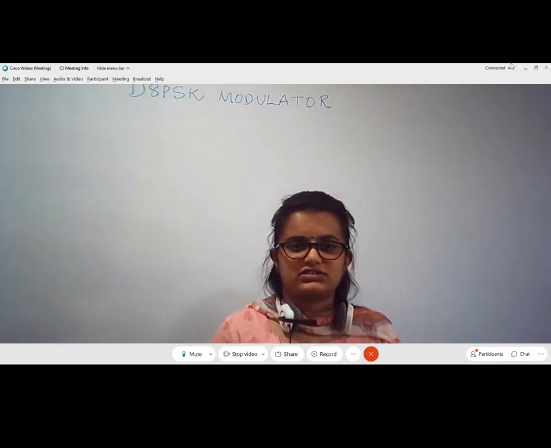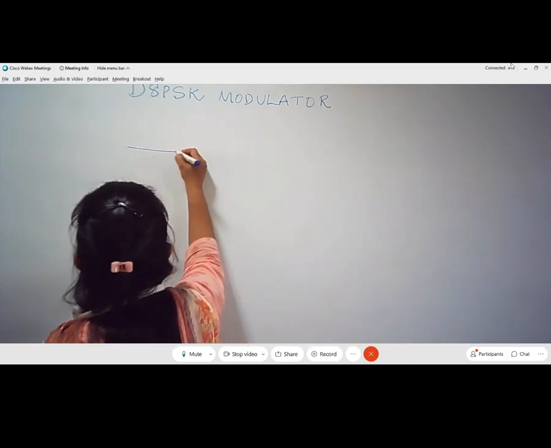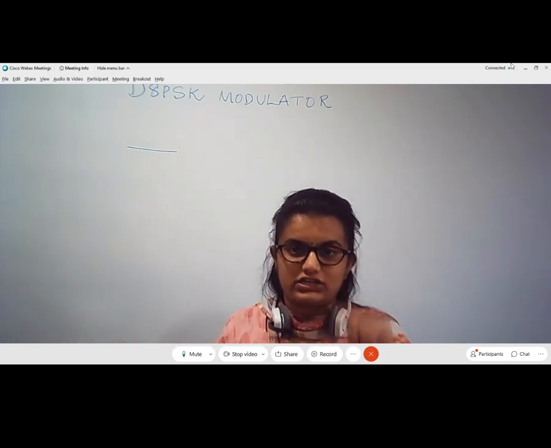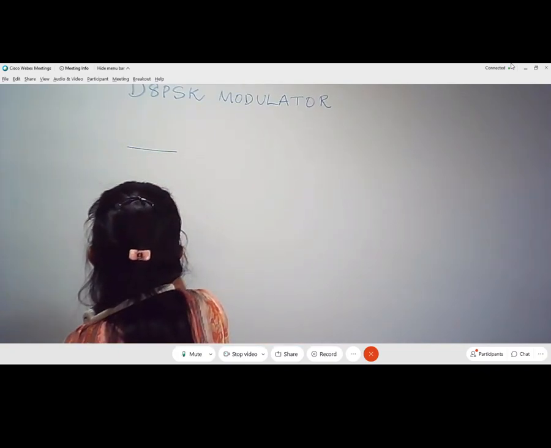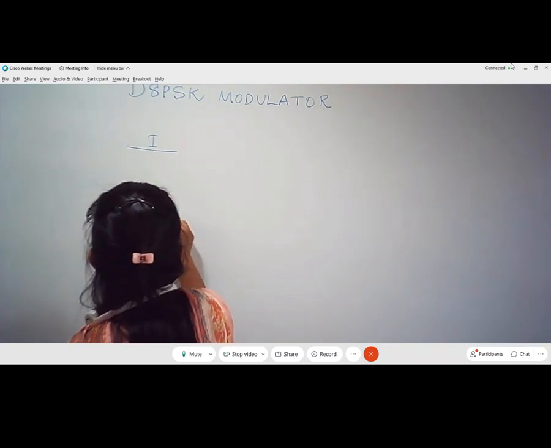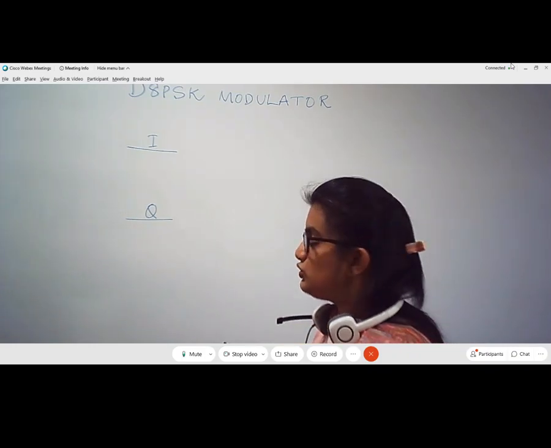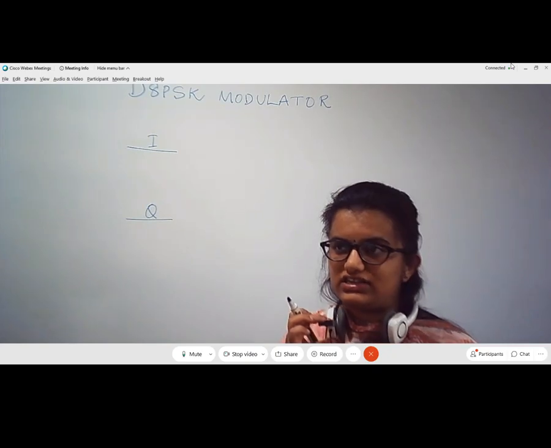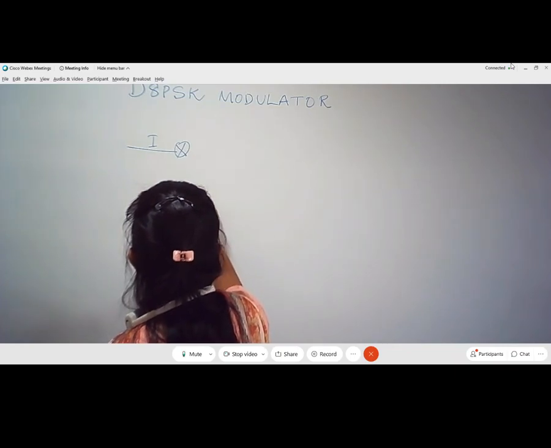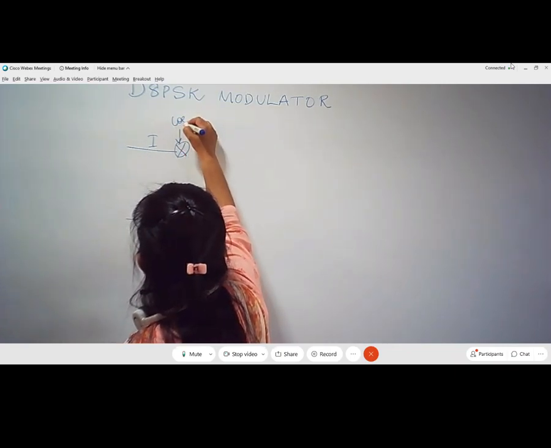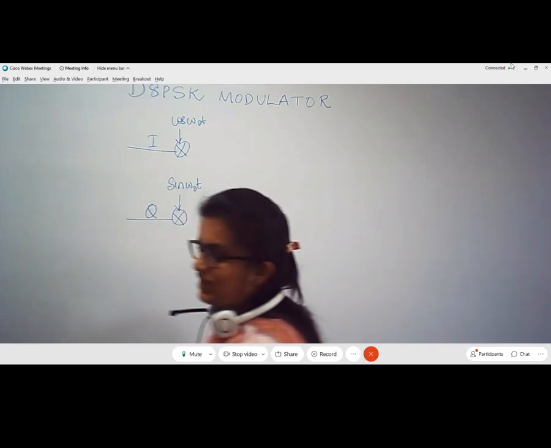So in the last class we were discussing the quadrature implementation of a modulator, where instead of creating the phases for the individual symbols that are transmitted, we designate the amplitudes as the coordinates of the IQ plane, and then using the coordinate set, we assign I and Q values, which will be multiplied individually with the in-phase carrier, cos omega naught t, and the Q-phase carrier, which is sin omega naught t.